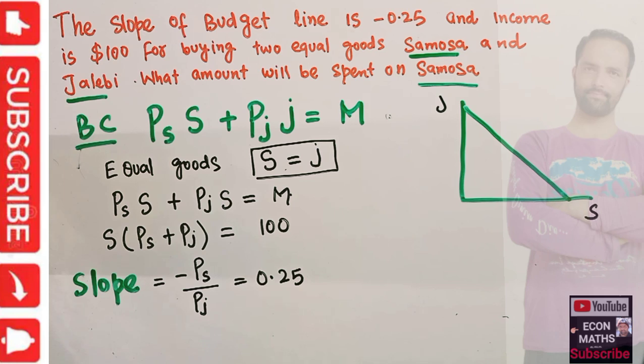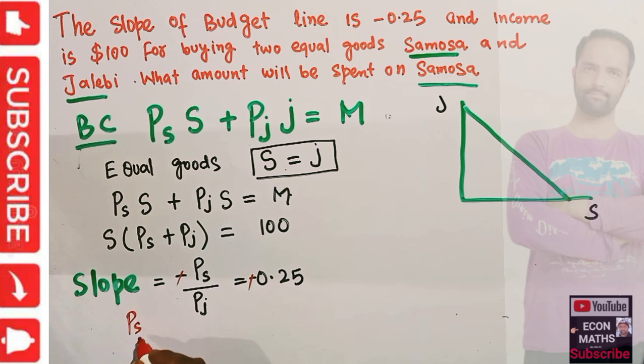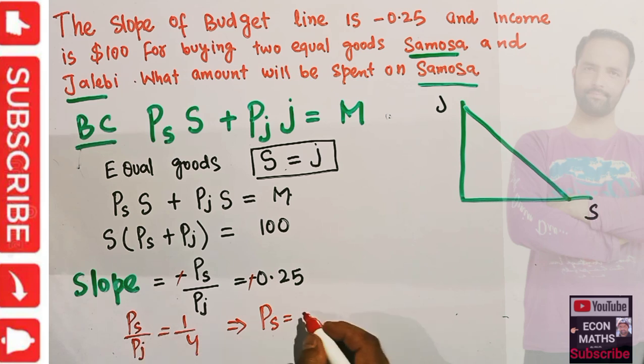0.25. Okay, so if I rewrite it like this, actually it is minus 0.25 here, so this minus and minus will get cancelled. We are left with price of samosa upon price of jalebi will be equal to 0.25, which can be written as 1 upon 4, which implies price of jalebi will be equal to 4 times price of samosa. If I cross multiply it, okay,